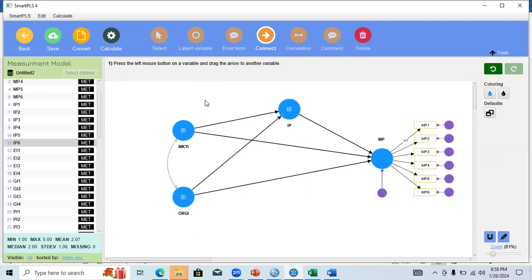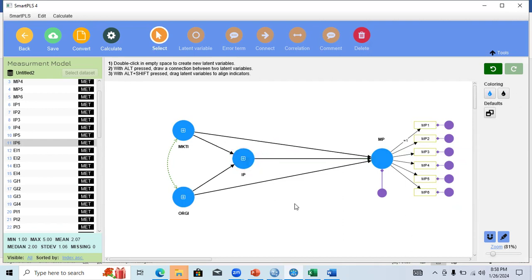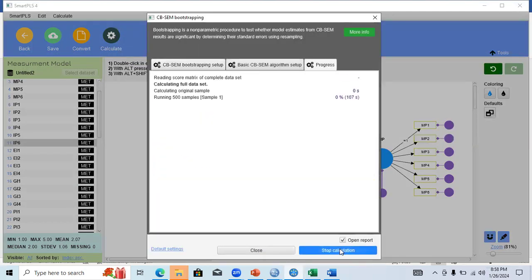So you can also drag it here. This is a good one as a mediator. You can run the CBSEM bootstrapping procedure over here just like this. You just need to wait for a couple of seconds. It will show you the mediation results.